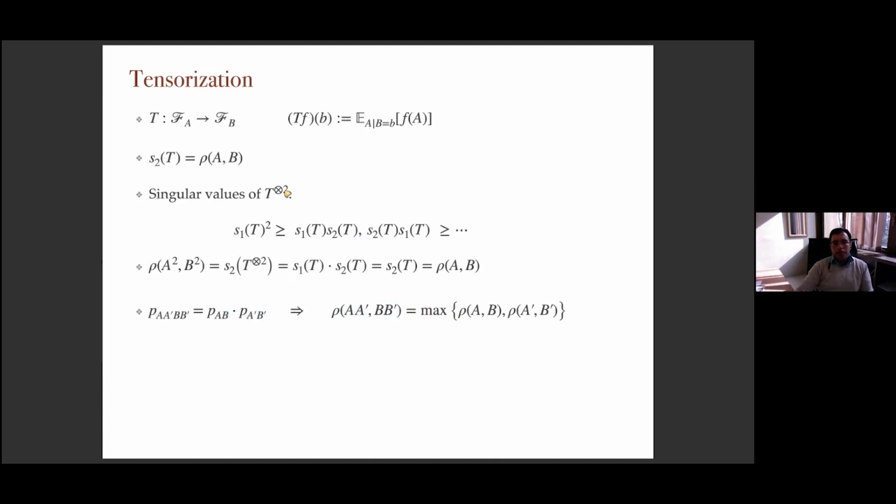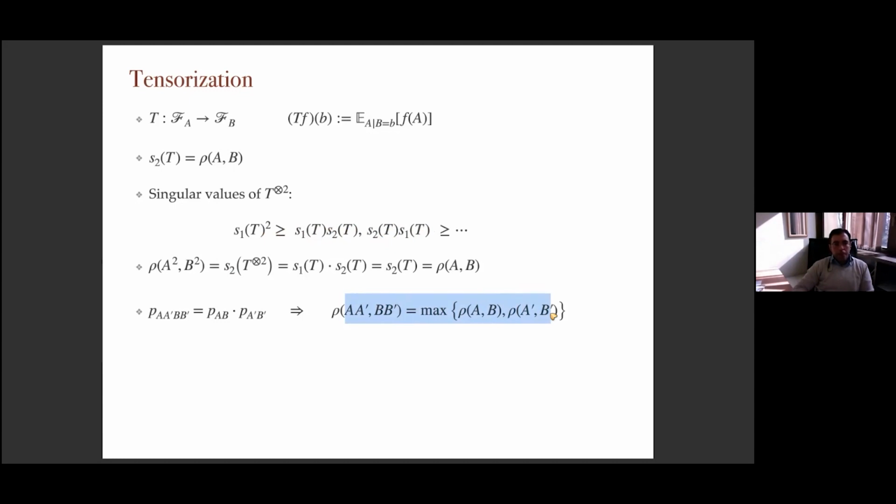Here, instead of T tensor T, I would have T tensor T prime, and then the second singular value would be like S1 of T times S2 of T prime, and then S2 of T times S1 of T prime. And then the maximum of these two would be the second singular value of T tensor T prime, and I would get this one because the S1s are both equal to 1. So I have this general form of tensorization